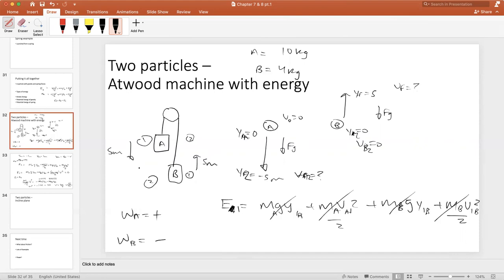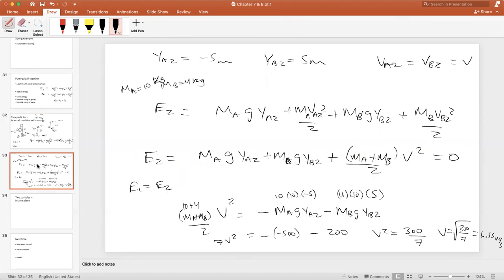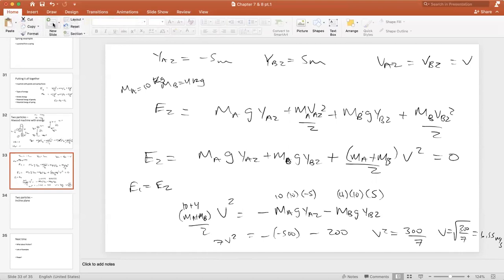So the real issue here is just figuring out your variables and then setting moment 1 equal to moment 2, the energy at moment 1 equal to the energy at moment 2 to get your answer. It's much easier than doing a free body diagram, to be totally honest with you. It's less work. And once you have this equation right here, it's really easy to turn this into the constant acceleration equations, because if we do this, right,